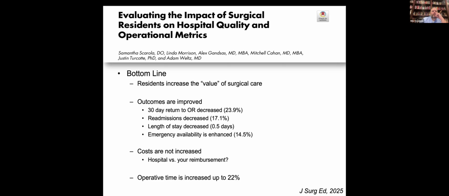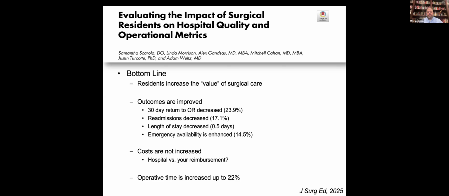Now, the question becomes, and this is why I have this caveat about different people's models, does it impact the hospital's reimbursement or your reimbursement or your practice's reimbursement? So as I said before, there's a bunch of things you need to reflect on and think about from a practice standpoint. And one of them is the hospital's versus your own practice or your own personal reimbursement when you're looking at that value. What are the metrics that matter? What do you care about?